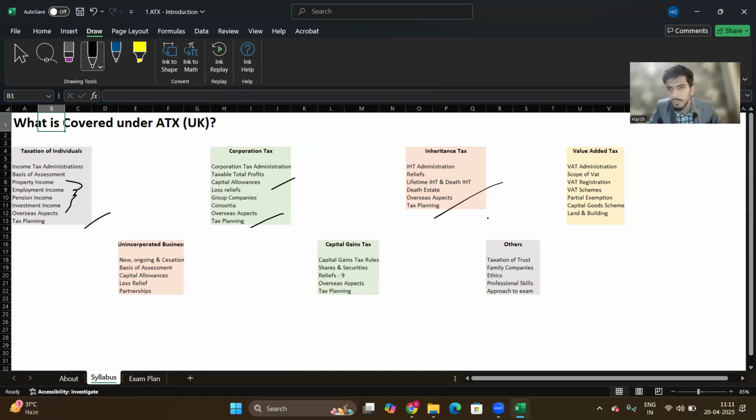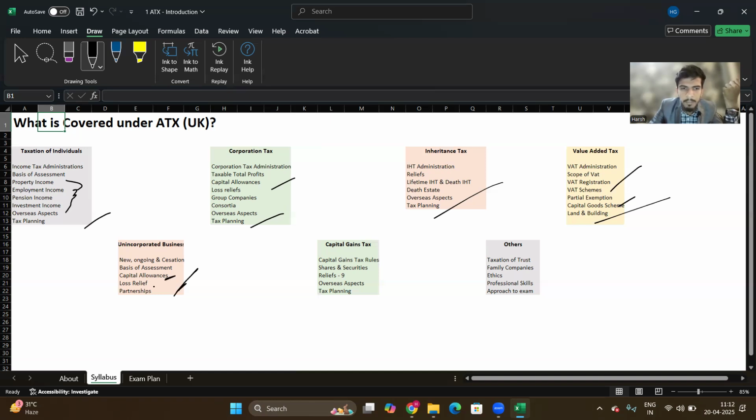So ये सब आपको कवर होती हुई दिख जाएगी। वैट जो है आपका इनडायरेक्ट टैक्स है, वैट जो है वैल्यू एडेड टैक्स जो है ये आपका इनडायरेक्ट टैक्स है यूके में। ओके, यहाँ पे आपको वैट रजिस्ट्रेशन देखने को मिल जाएगा कि कब आप रजिस्टर कराएंगे, कब आपका वैट डी रजिस्ट्रेशन कराने के लिए आप एलिजिबल होंगे, राइट। कितने तरह की वैट स्कीम्स है, जैसे कि कैश अकाउंटिंग स्कीम है, फ्लैट रेट स्कीम है ना। तो ये सब हम डिटेल में कवर करेंगे। कैपिटल गुड स्कीम क्या है, अनइनकॉर्पोरेटेड बिजनेस के बारे में हम देखेंगे, जहाँ पे कैपिटल अलाउंस एक इंपॉर्टेंट टॉपिक आ जाता है।